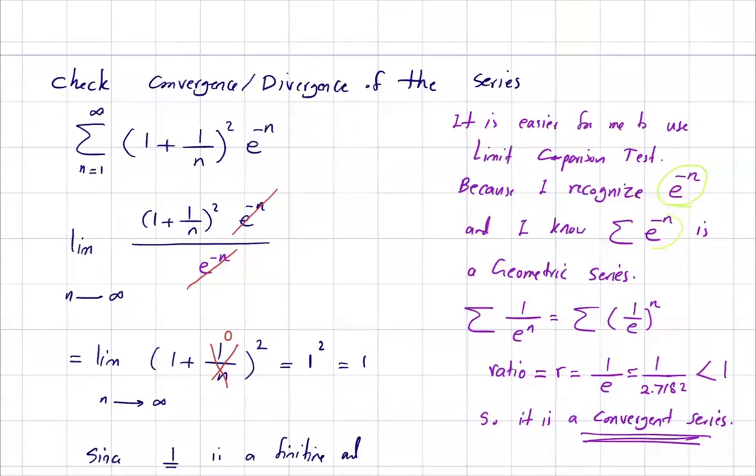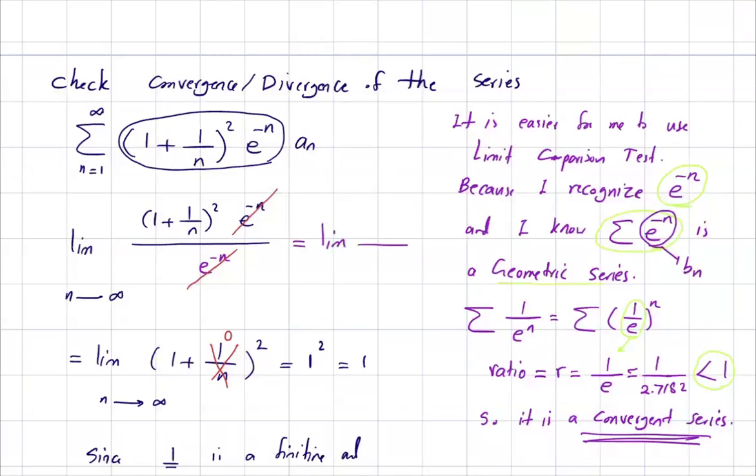We know that the summation of e to power negative n is a geometric series. It can be written as 1 over e to power n. So the ratio is 1 over e, and it is less than 1. So based on the test for geometric series, it is a convergent series. Now, using the limit comparison test, if you assume this is your an and this is your bn, and you do the limit of an over bn as n goes to infinity,